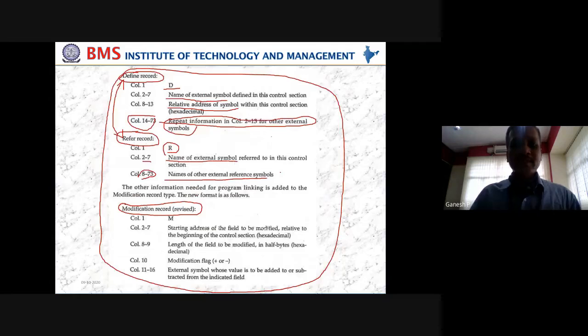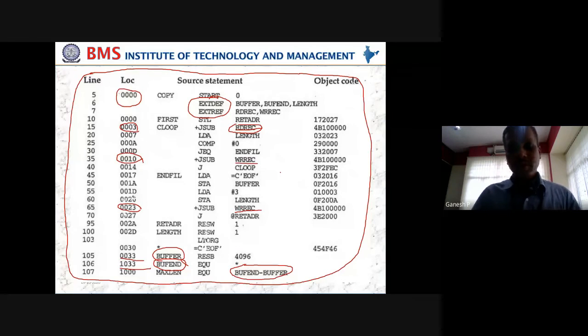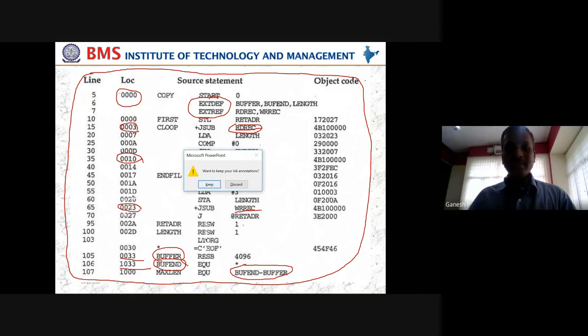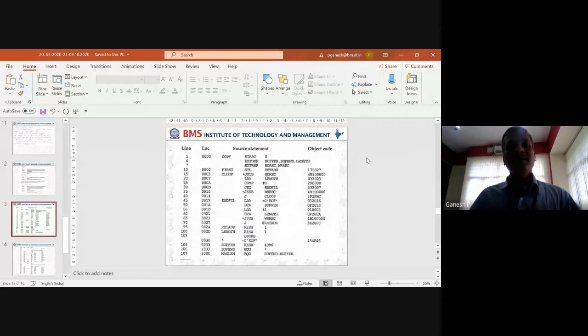To recall again, control sections are totally different from program blocks. There should not be any confusion, even though they look similar as far as pass 1 is concerned. In pass 1, in both the cases of program blocks and control sections, we give an independent location counter. But the entire concept is different. Program blocks are an internal logical arrangement. They are not going to be separated, whereas control sections exist independently right from the source program till the object program. That is the first and clear difference.